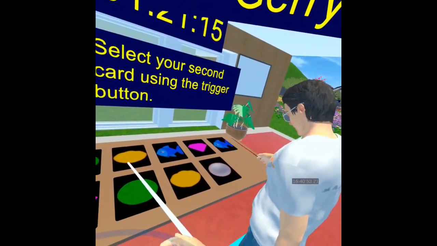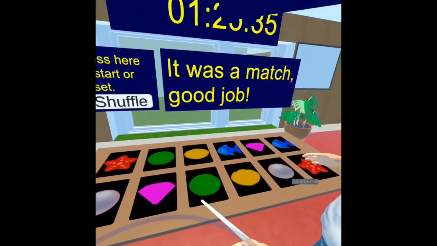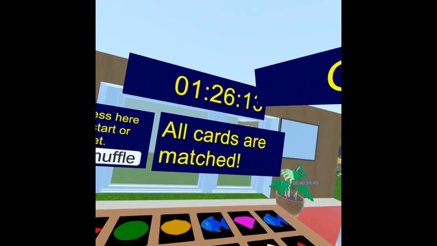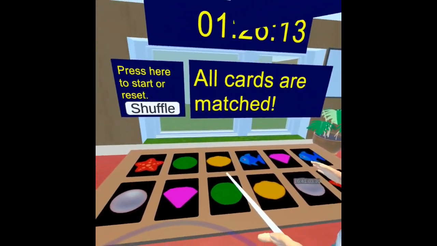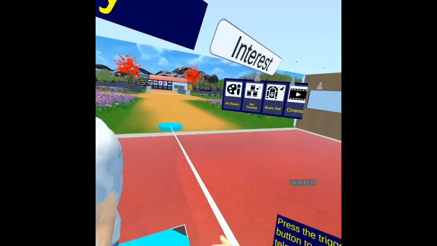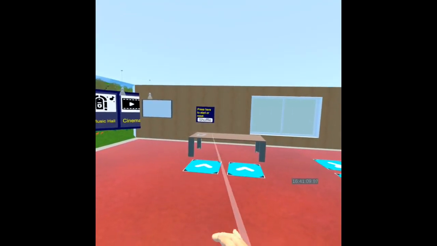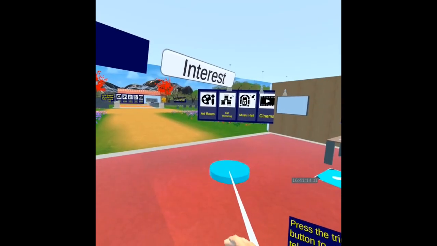And you can just do the last two. Once all cards are matched, the time taken to match all the cards is recorded. So it's pretty much like that for the other tables as well. You can either do them on your own or with others in person.